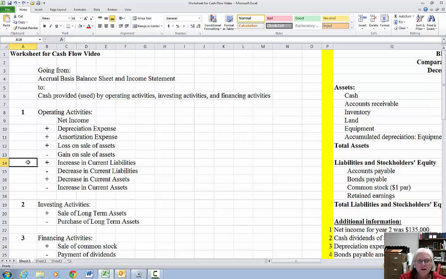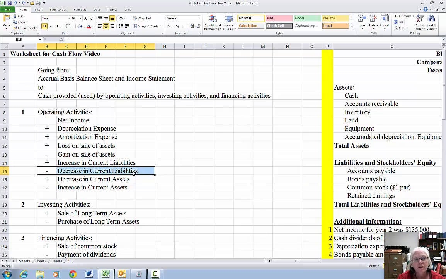So what I learned was a source of cash is an increase in a current liability. And that's pretty much all I remember. And I use the acronym SIL, a source of cash is an increase in a liability. So I know if I increase liabilities, it's going to give me some cash. You borrowed money from the bank on a short-term basis. So that is a plus to cash. You add it to cash. So if you pay it back, if you decrease your current liabilities, you're going to lose cash or subtract the